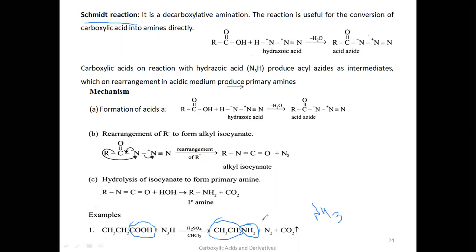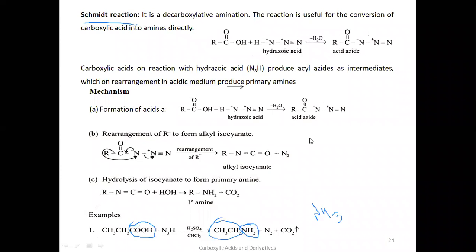Then it is a primary amine. If one more hydrogen is substituted, we will get NH, that is secondary. If no hydrogens are there, all are alkyl groups, that is tertiary. Since only one alkyl group is there, it is a primary amine. So this reaction is basically a conversion of, okay, oh my god, I have written a reaction here, but that is not visible here. So please consider this reaction for the explanation. So basically, it is a conversion of this COOH group to NH2 group.